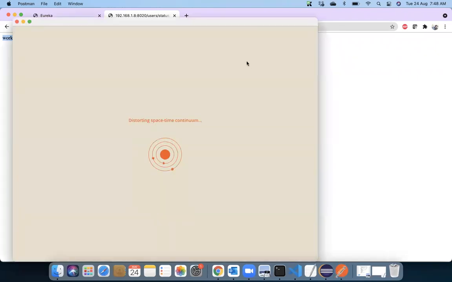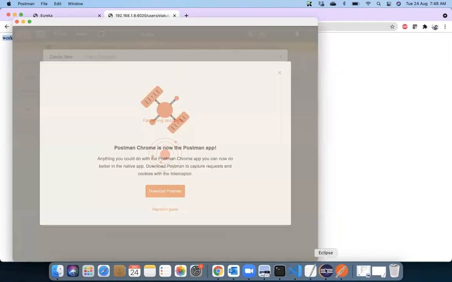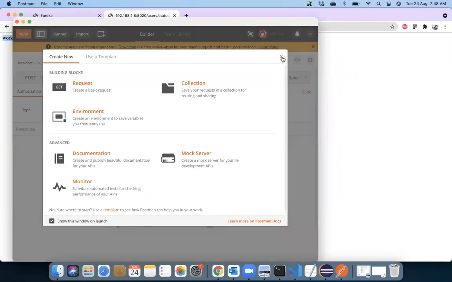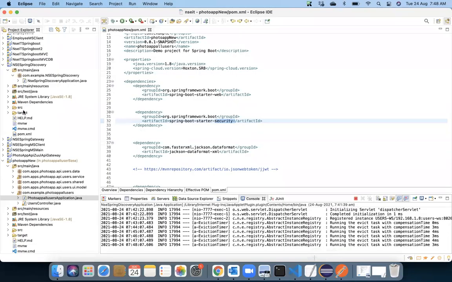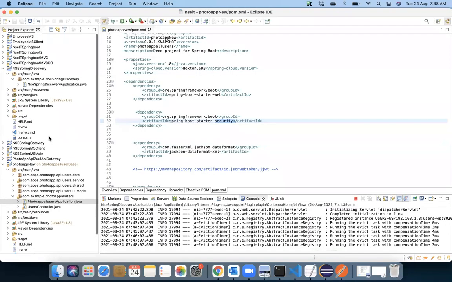Okay. So in case you want to post a record, what will you be doing now? Just check what you'll be using, because I'm using Postman. In your application, when you say post, what is the IP address of this API gateway? You have to launch the API gateway. Right now you are running only two: Discovery Service and Photo app. Now I want you to launch the API gateway also.